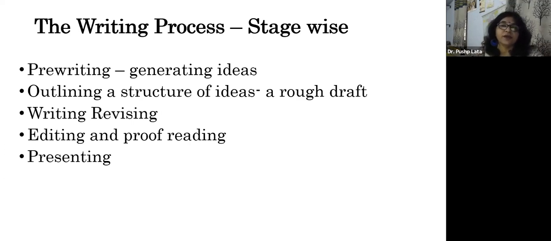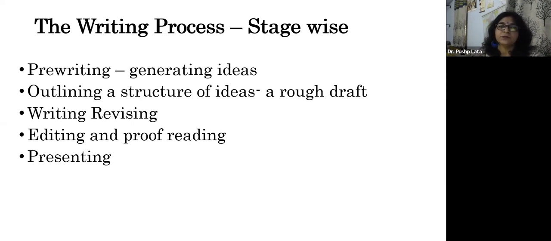So this is the pre-writing stage. At this stage, you try to develop your idea. There is an idea and there are sub ideas. So when you do this brainstorming, the more you brainstorm, the more ideas are struck in your mind, about what you would like to answer first, in what way. So you get clarity on that.